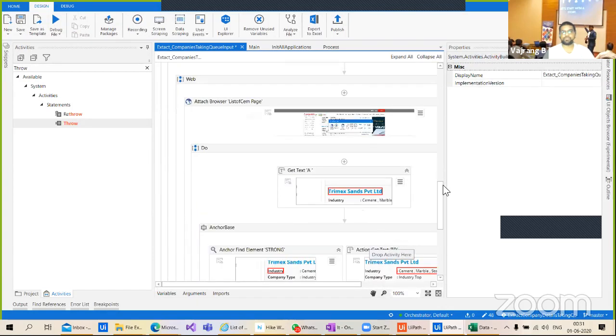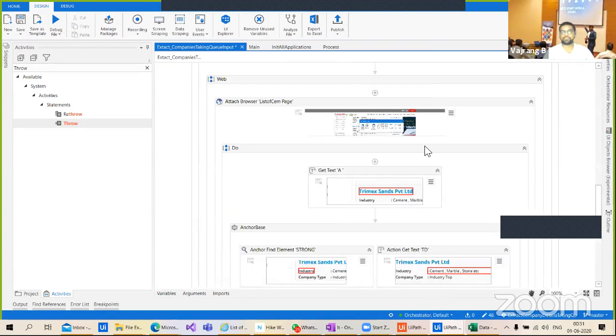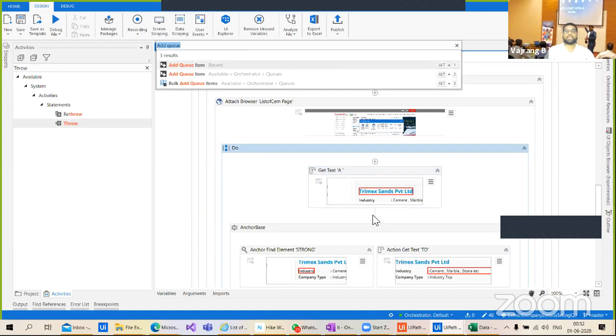So what do I have? I have a text. Now in this text, I should also have a URL, because if I don't have a URL for this text, then again it will be a problem. So here what I can do is I can add get attribute,